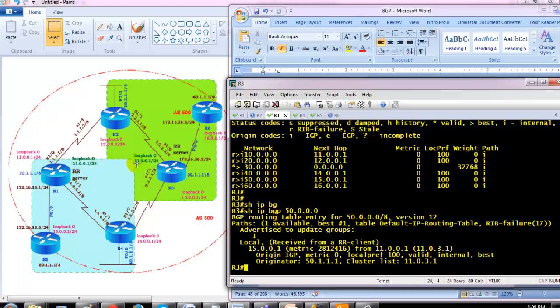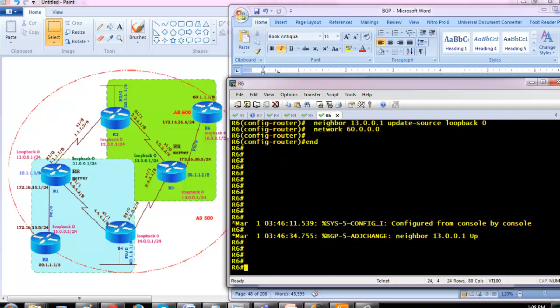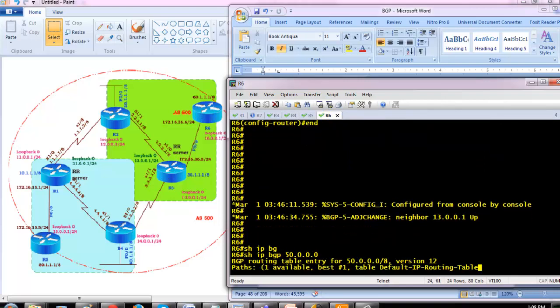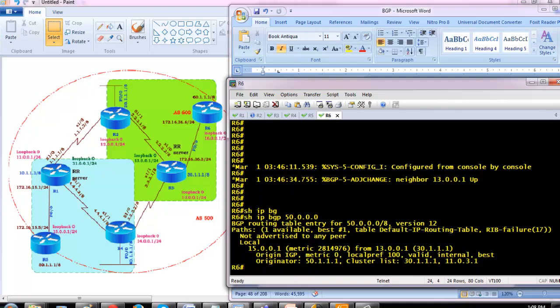Okay, so router 3 is going to receive only one cluster information because it is just moving to a different cluster. It has just reached the server. But now when you verify the same thing on router 6, you should see two cluster information here. If I give show ip bgp 50.0.0.0 network again,